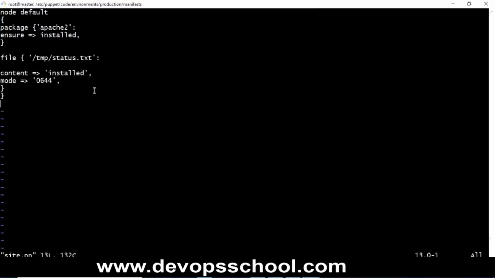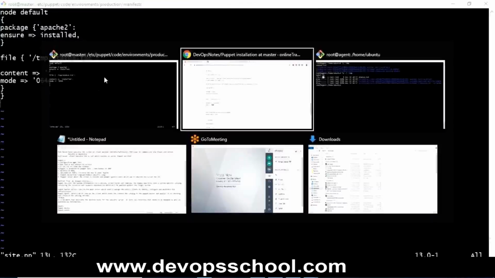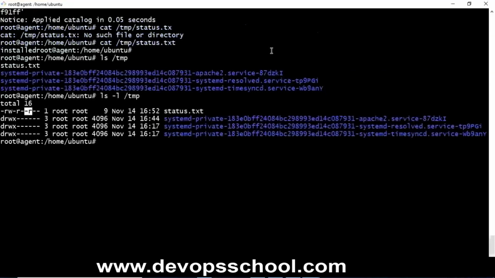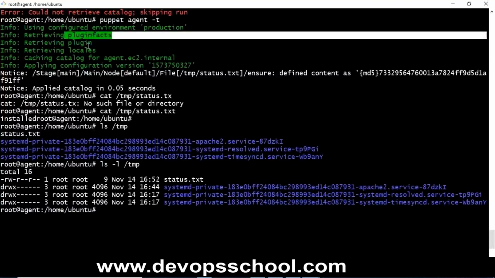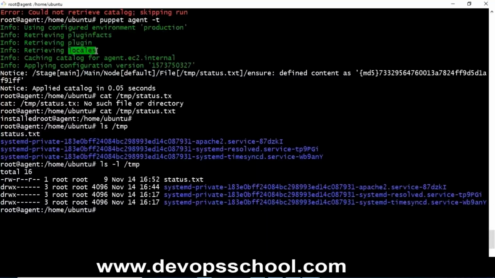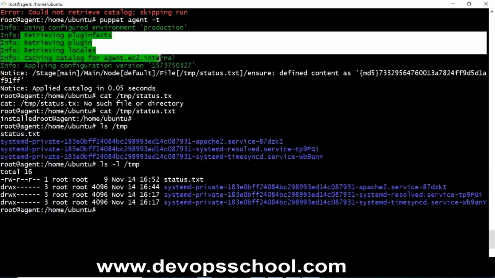so if you have noticed here, when this command gets executed, it is using the configured environment production, retrieving the plugins, locales, and caching the catalog information, applying the information. So once it is trying to apply, first it will get the information, retrieve all the information. Okay, once all the information is retrieved, then it